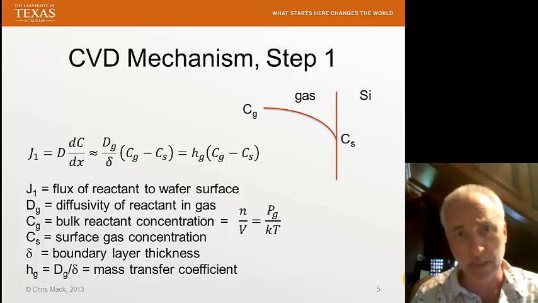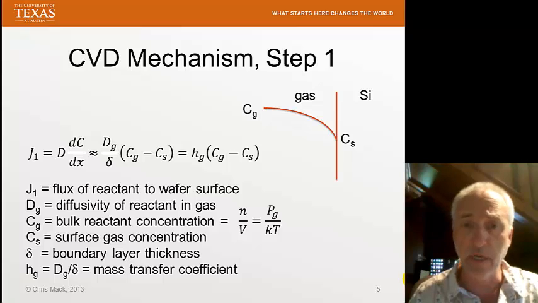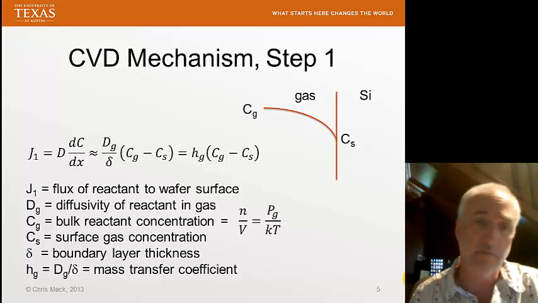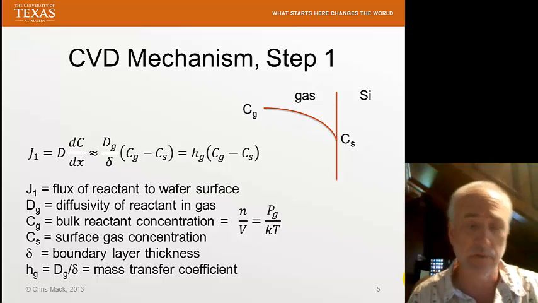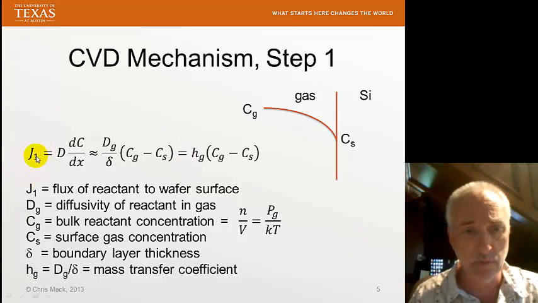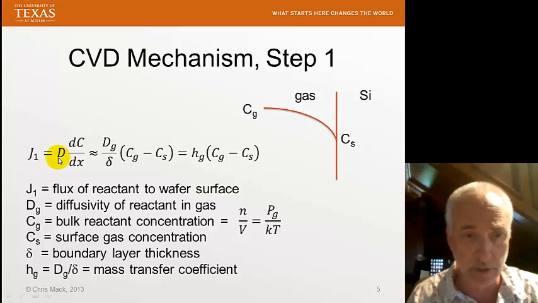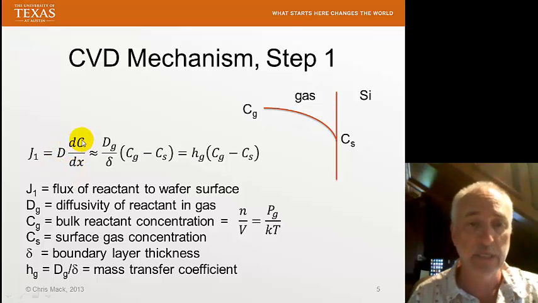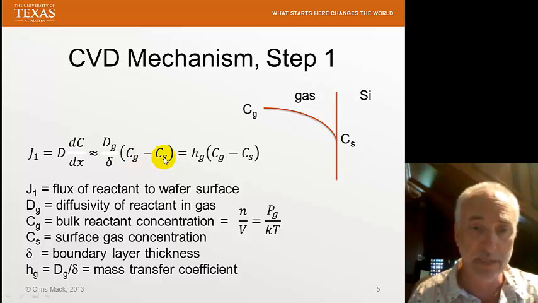The first flux is the diffusion of the reactant from the gas phase to the surface. This diffusion flux will be given by Fick's first law of diffusion. Here, D is the diffusivity of the reactant in the gas. dC/dx is the concentration gradient, and we'll approximate the concentration gradient as a difference, the bulk minus the surface